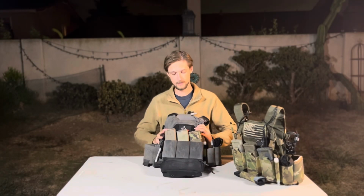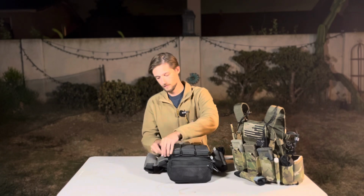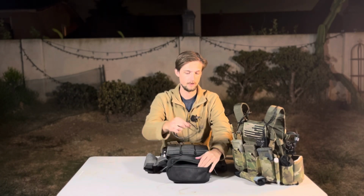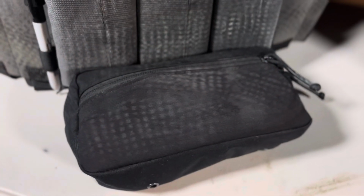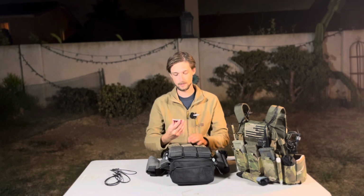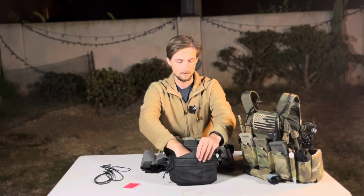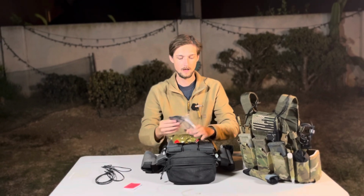I will go into my fanny pack here, a little dangler. In this front pouch, I have got some zip ties. Zip ties are super useful. I made some little cuffs, you know, if you need to link two things together, if you have to detain someone temporarily, for any reason, pull a little zip tie. I have this little pocket Bible from Covert Arms, pretty cool. They send that with every order. These are awesome. Big pouch, medical stuff, and Baofeng